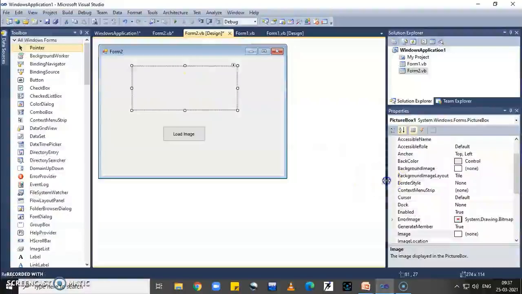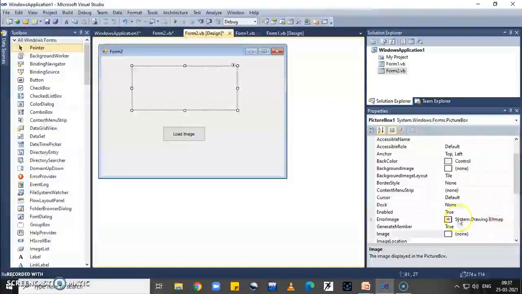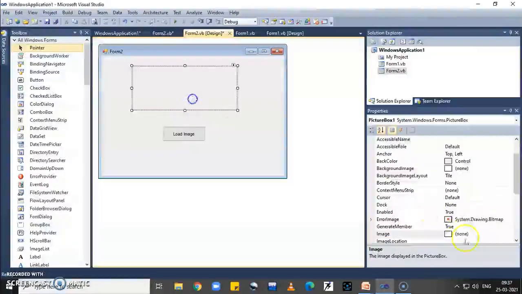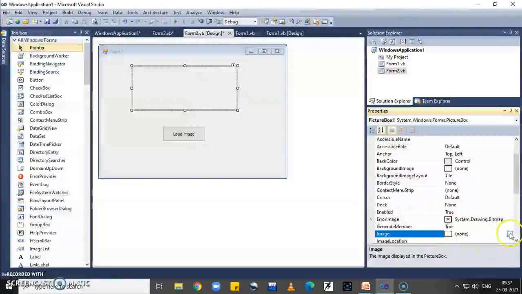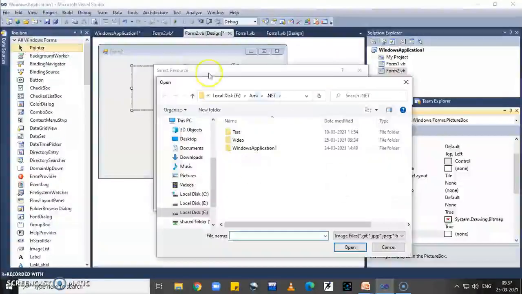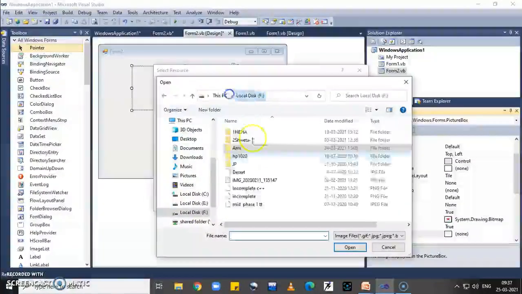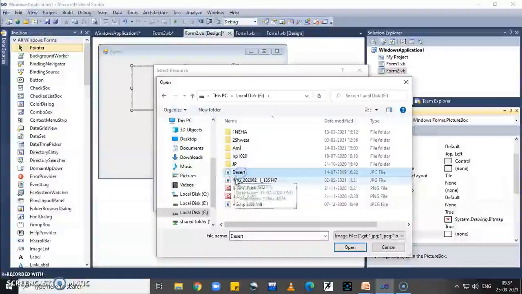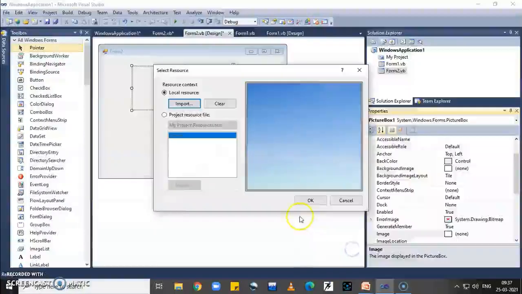Now at design time, first of all I set the image. Select picture box and click on image property, then click local resource import. Now select the picture. For example, I select this desert picture which is a JPG file.